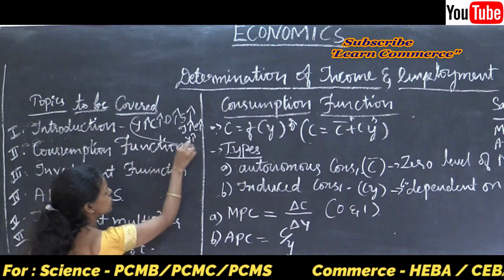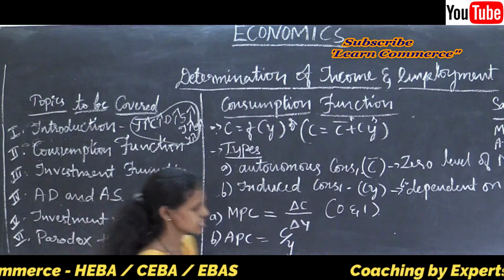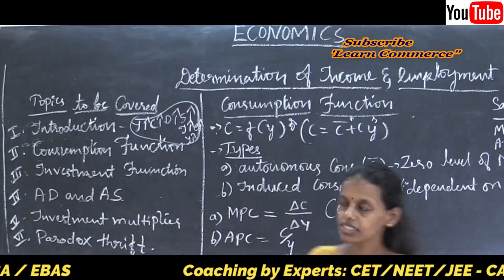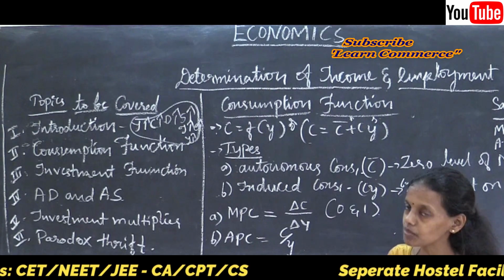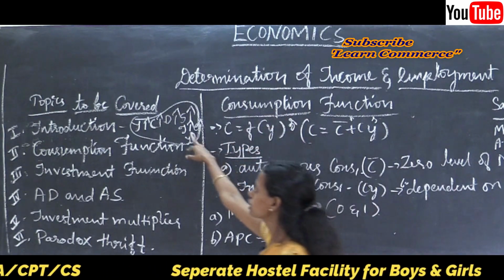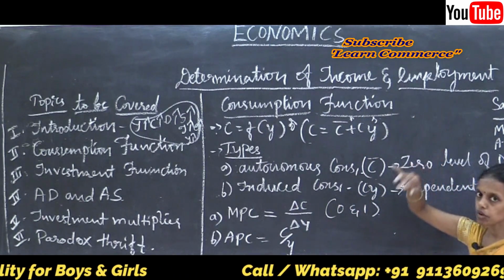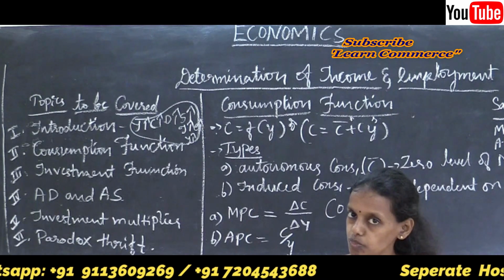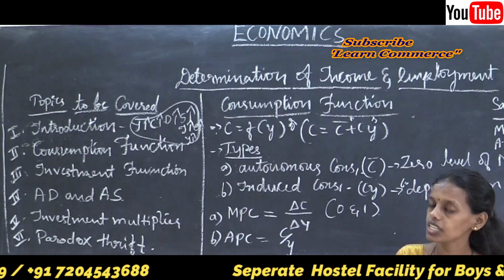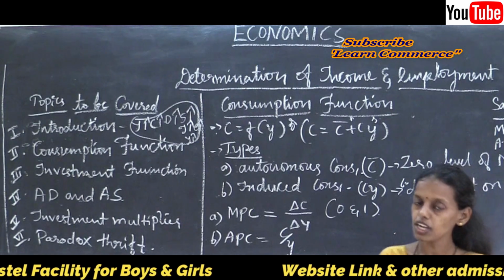See the circular flow of economic activities now. When the income increases, consumption increases. How to create that income is by increasing the investment. Increasing the investment leads to the increase in the employment. Increase in the employment leads to more money in the hands of the people. Again they are going to reinvest in the form of consumption function and investment function.